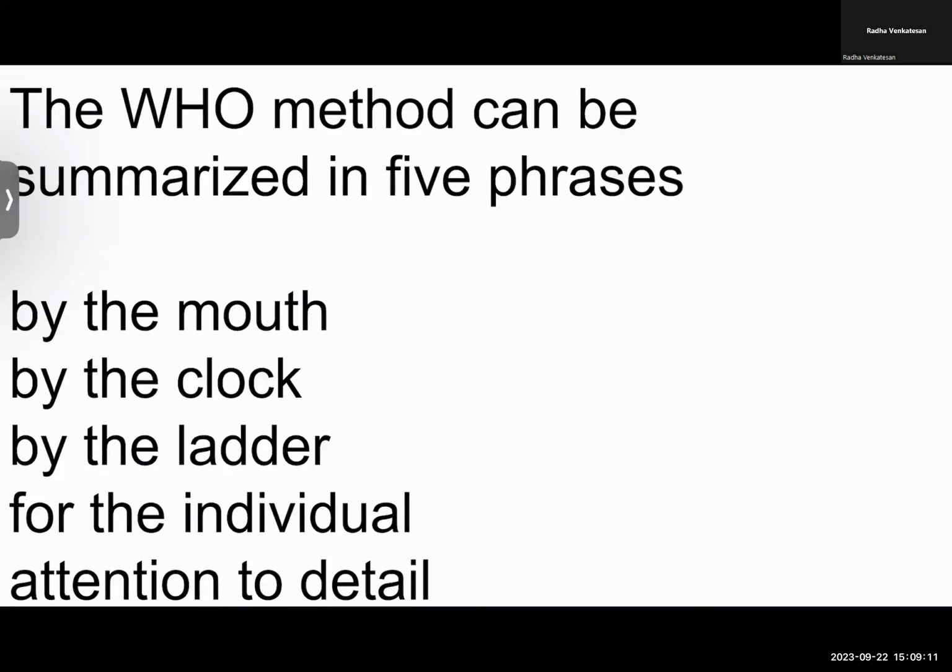So we have to explain to them why by the clock. Because each medicine has some duration of action. For example, morphine, when given orally, is said to work only for 4 hours. I'm taking morphine as an example. If it is any other drug with a duration of action of 6 or 8 hours, then you have to say it should be taken only once in that 6 or 8 hours.